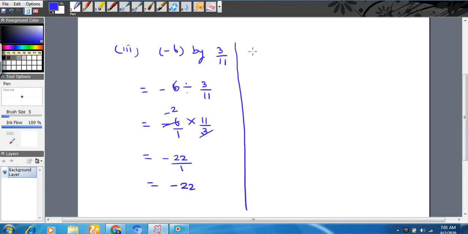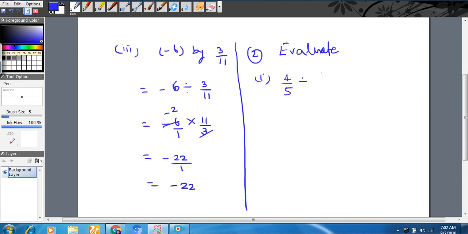Here I solve question number 2. The question is evaluate. So the meaning of evaluate means you have to perform the operations according to the mathematical operators, whether it is multiply, division, addition or subtraction. So the first part is